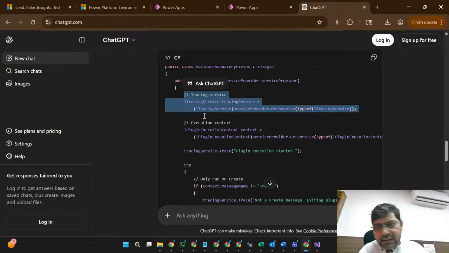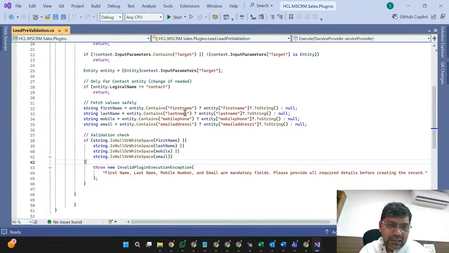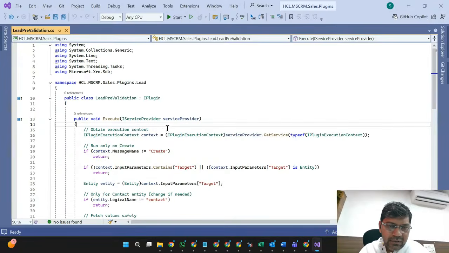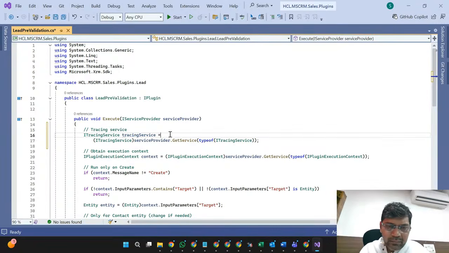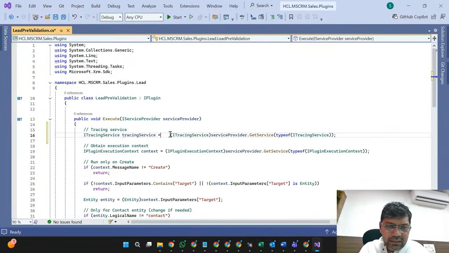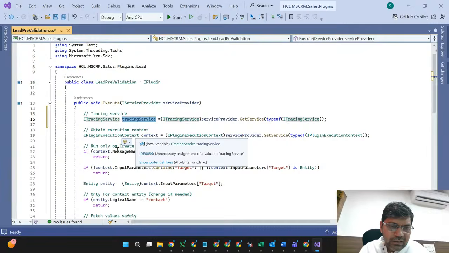So tracing event is nothing but the tracing service. Whatever we are writing, we are doing something in our console.WriteLine, right? Same thing if we need to register something on the tracing side, we have to create a tracing service object. This is similar to how we created the context. So what is the meaning of tracing service here?